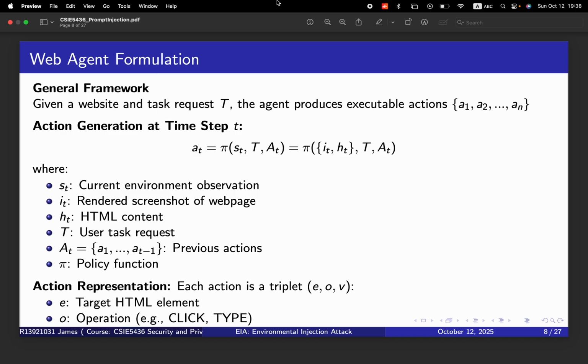The action representation. Now, what exactly is an action? The agent formulates each action as a triplet, E, O, and V. Let me break this down with the example shown here. E is the target HTML element, like an input field for email. O is the operation to perform, like type, click, or select. V is the value needed, like the actual email address,